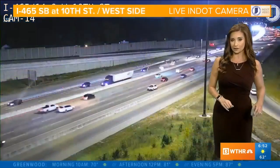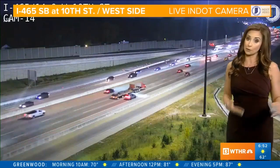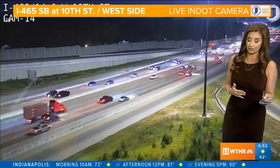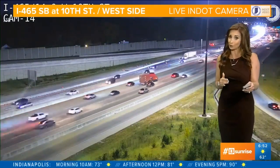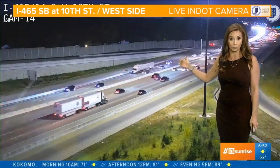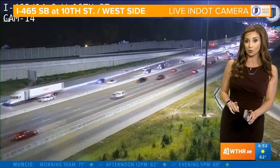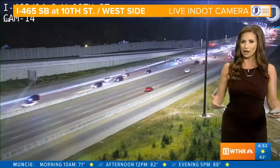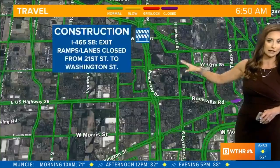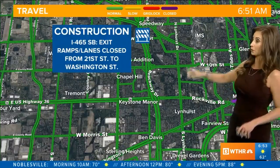But 65 southbound, just south of 465. Also want to take you out to the west side. We've got some construction that will be impacting our morning drives between now and Wednesday morning. A couple travel lanes blocked, as well as the off ramps from 465 southbound. This goes all the way from 21st Street down to Washington Street. This has been ongoing for the past several weeks, and this again is only going to impact a couple of days here. But nonetheless, we are seeing some slowdowns along